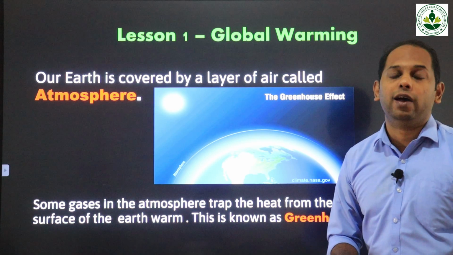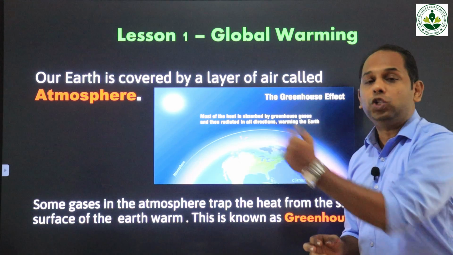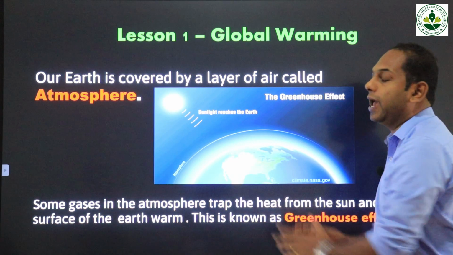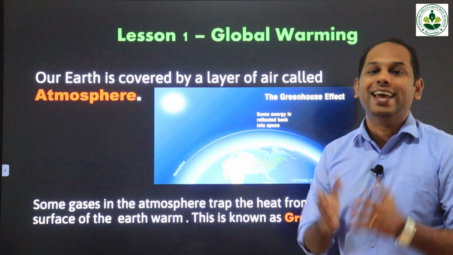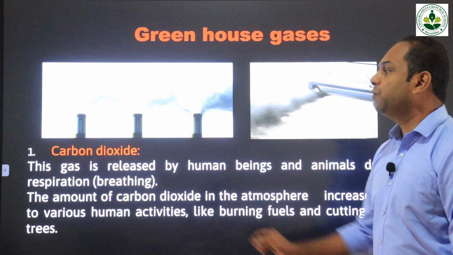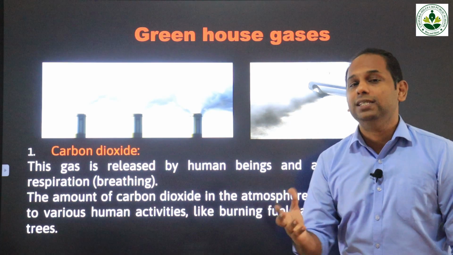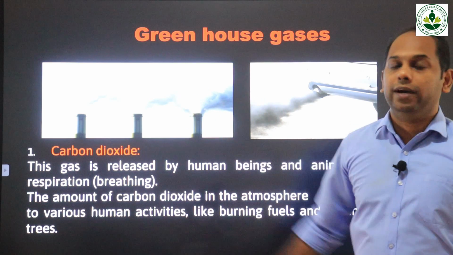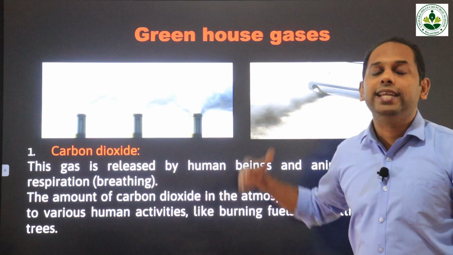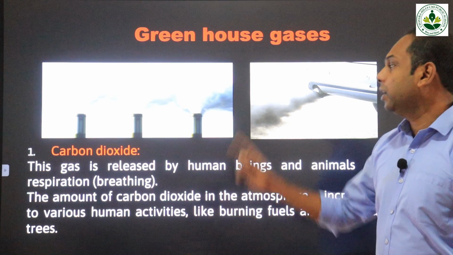What is the greenhouse effect? The greenhouse gases trap or absorb the heat from the sun and give a normal or a moderate climate to our planet called Earth. Okay? Now, just before I have told about different greenhouse gases, useful gases which are present in the atmosphere. Now we will be studying about greenhouse gases, and we will also be studying how these greenhouse gases are produced in the atmosphere. First one, carbon dioxide.